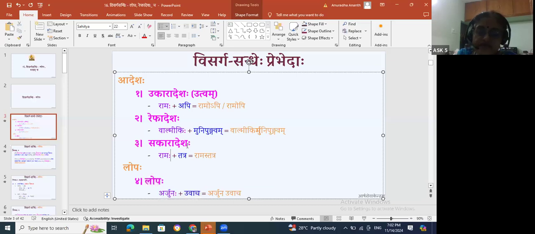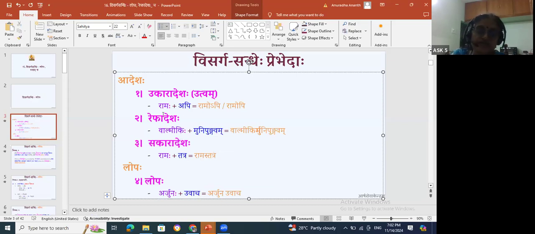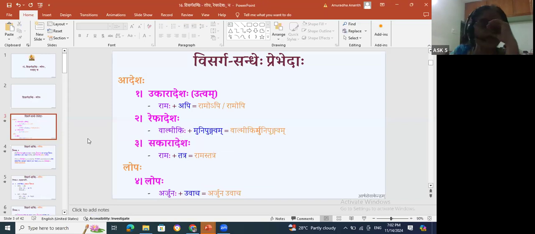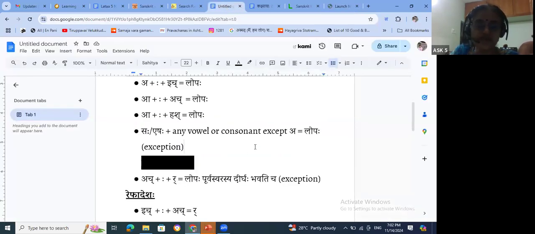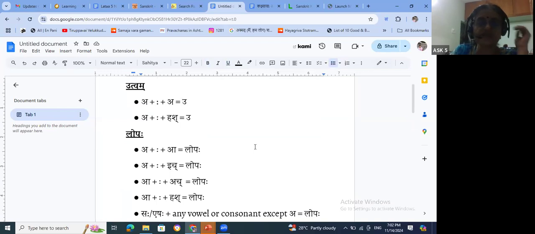I was thinking we'll cover Sakaradesha Sattvam also, but then it will be very confusing. So I thought let's cover only the second and fourth one. The next class we can cover the third one. So this is what we covered. Now, I don't know actually how to take this class because it is just rule and rule and rule. So it is just basic rules. So instead of showing one screen after the other and saying this plus this is that, I just listed these equations so it could be easy.